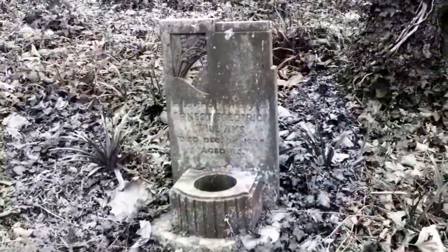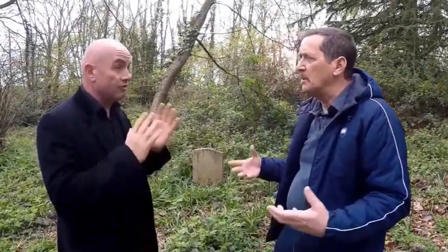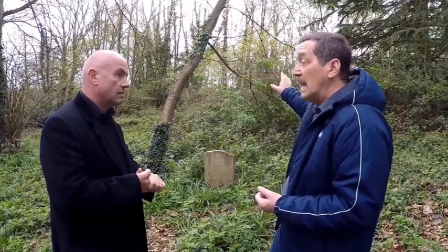Okay. This would have been the cemetery for both staff and patients. The only thing is, if you were staff and your relatives had enough money to buy you a headstone or whatever, you'd be closer to the main road here. If it was a pauper grave, you would have been farther away, back towards the edges and everything, where you see a lot of the open grave sites that have collapsed over time, because